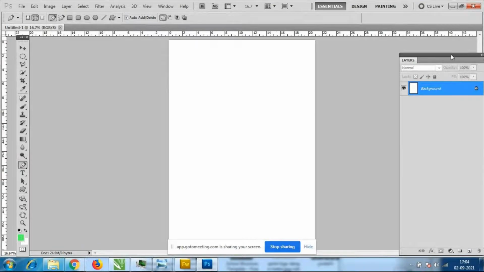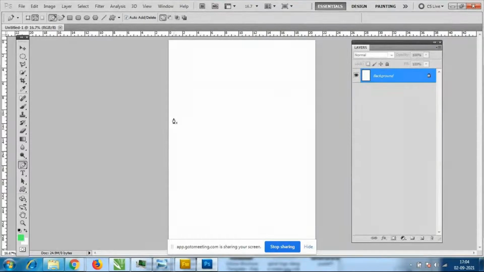Okay, so we have to add the shape now. What I will do, I will just take one point here. I'll click one point here, and you should not leave the mouse, and you have to drag it like this. I'm not leaving the mouse now. I'm pressing the left key.